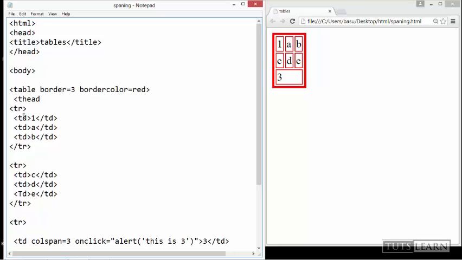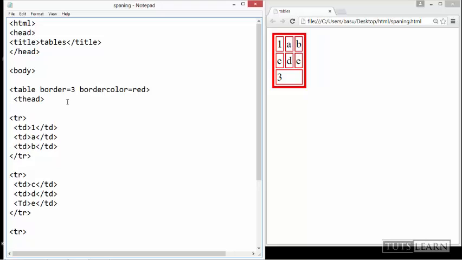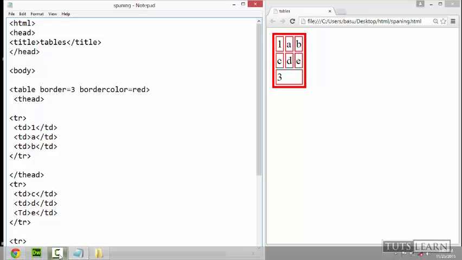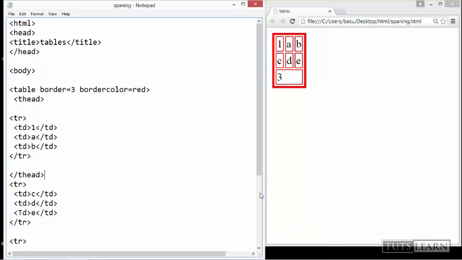So if you want to add a table head, then we can simply write thead, and close it in here. Okay, wait for a moment. So we have put this first row in the table heading section, and now we can